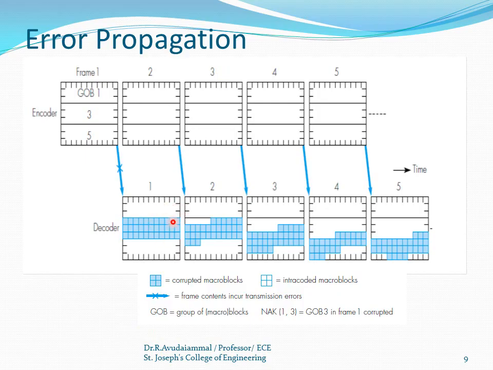And as the first frame got affected, this error is referred to as corrupted macro blocks. This corrupted macro block is propagated. Because of that, the error is propagated here. And for the third frame, again you are going to refer to the second frame. Therefore, again the error is propagated and so on. When you observe like this, at a particular point of time, it had affected only one GOB. Now, due to the propagation of an error, it has affected two GOBs.